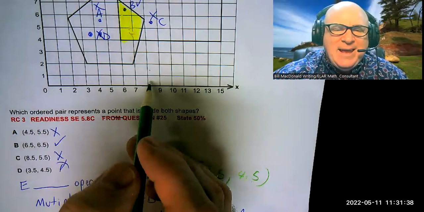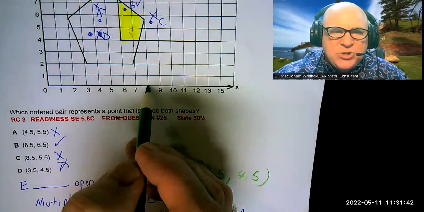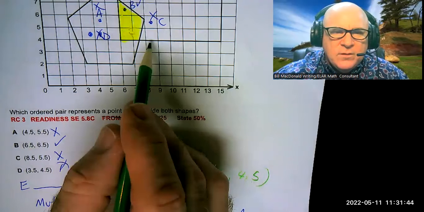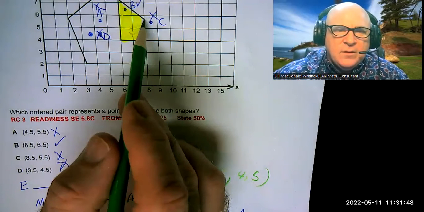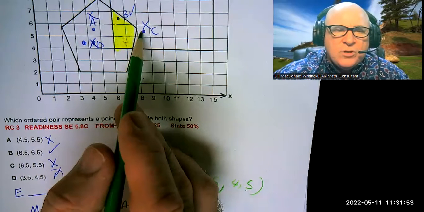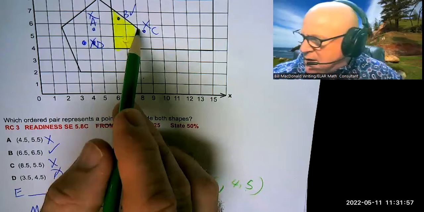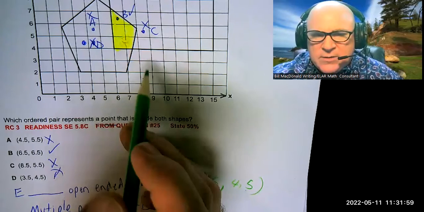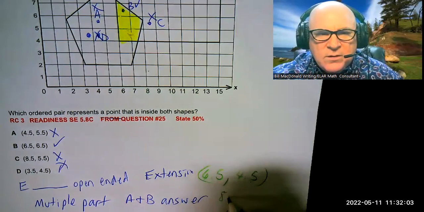Since 8 only has one position that's touching the portion of the pentagon, it's going to have to be 8.0,